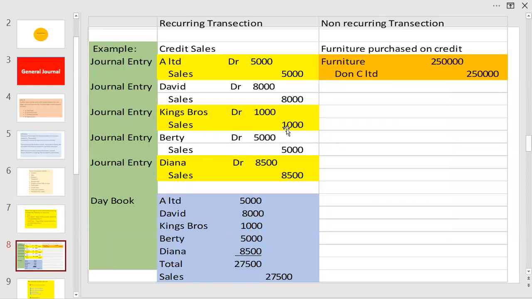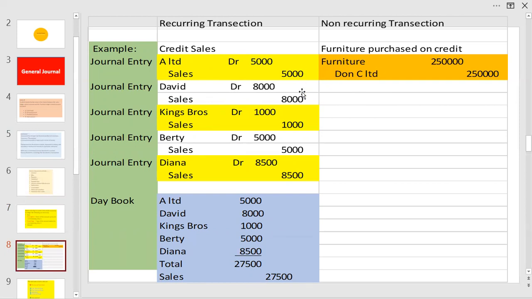Recurring transactions and non-recurring transactions. A recurring transaction is one that takes place very often. An example, sales in a trading business, a top activity. Next one is purchase of furniture. This will not take place sometime once in many years and not on a daily basis. Journal entries on credit sales